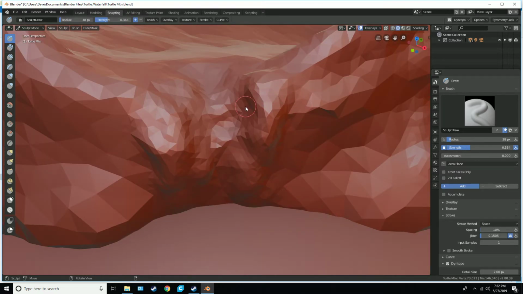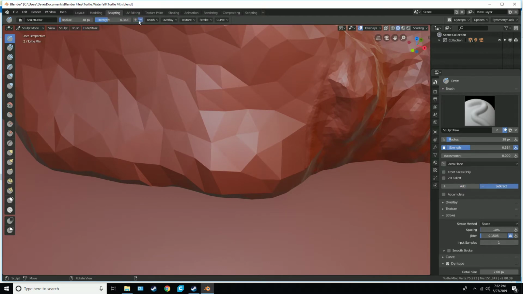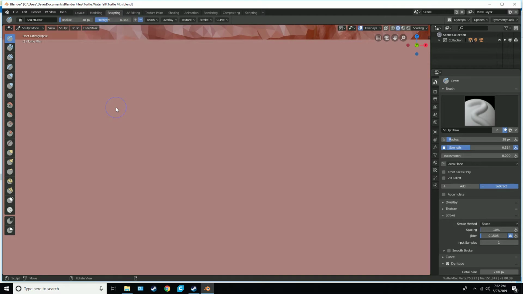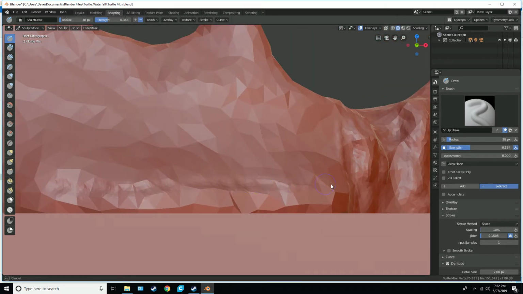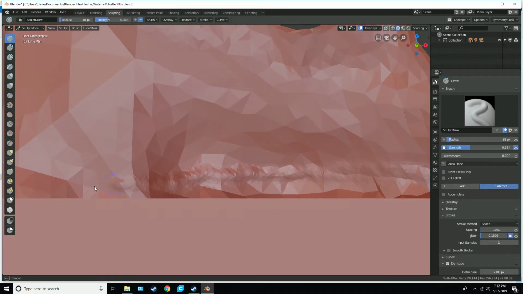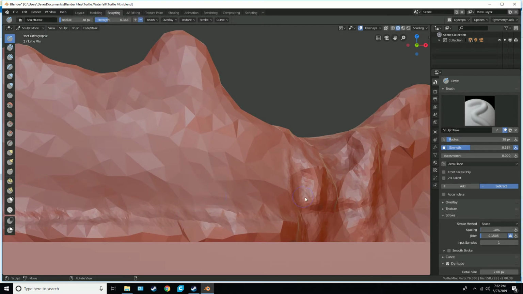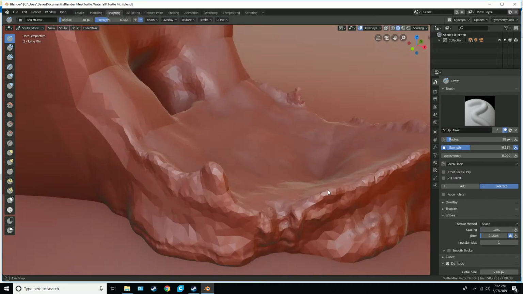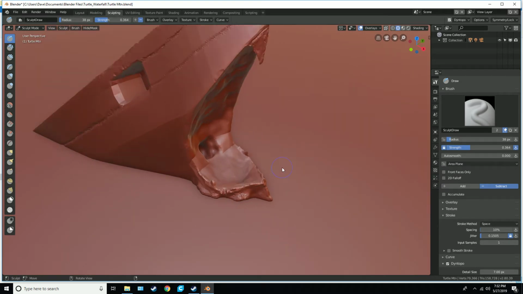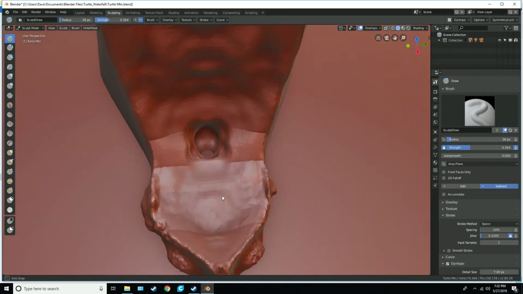let's see, you could add in just some straight lines. Use your minus and go in and, whoops, you got to be in an orthographic view. Use your minus and add in back your striations if you want. Whenever you're getting down here on the ground level, though, some of that stuff will be kind of important, you know what I mean? But like this big craggy mouth on him that's all opened up, and